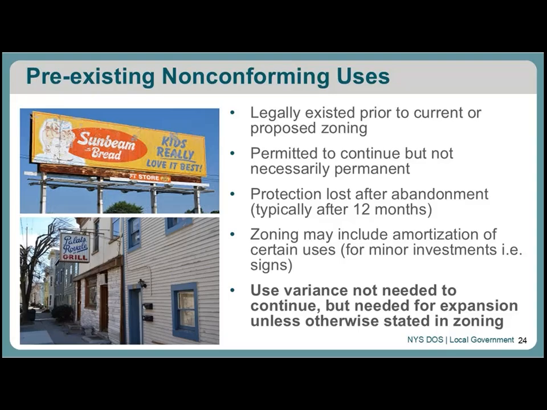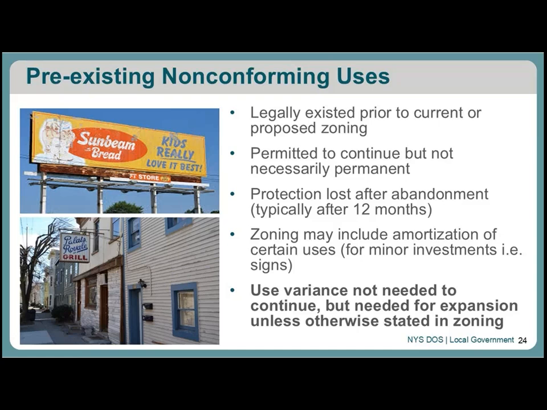And your local zoning may also have provisions for these uses to expand to some extent or make improvements within their current activity, but improvements to the property may be allowed. All of that is written into local laws, so that is something you will want to pay attention to. And then anything beyond whatever your zoning allows, if a pre-existing legal non-conforming use wants to expand, that would require a use variance unless your zoning allows for expansion. So that's something to keep in mind.